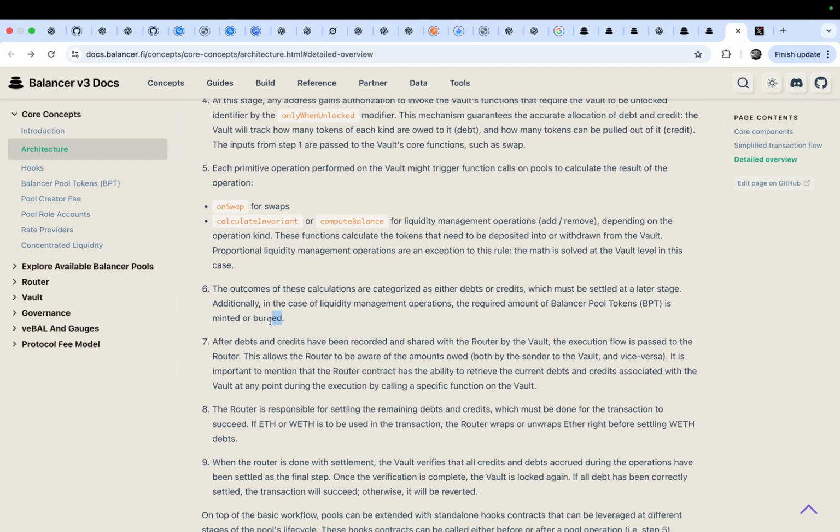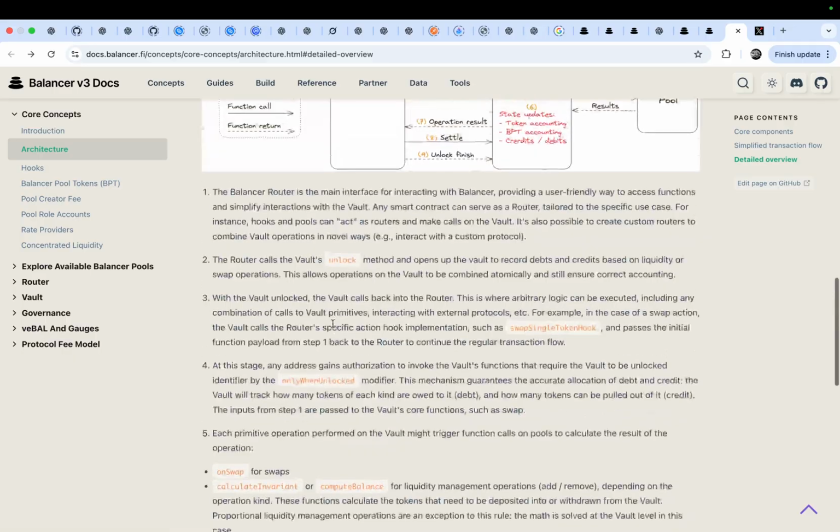For example, mint or burn the balancer pool tokens. After debts and credits have been recorded and shared with the router by the vault, the execution flow is passed to the router here.